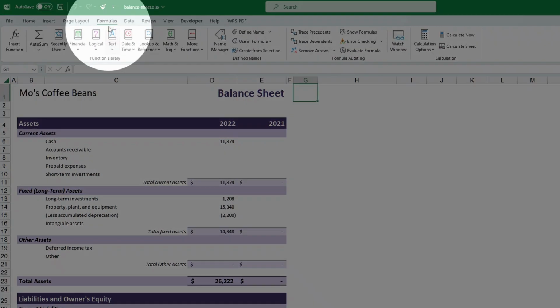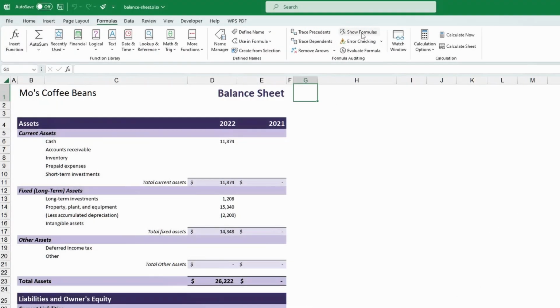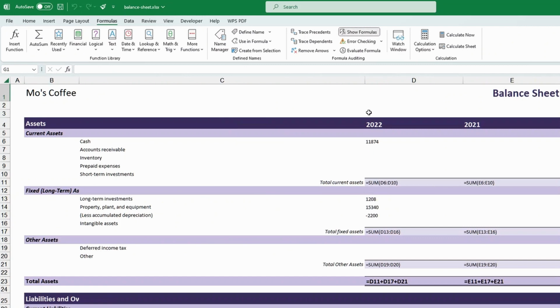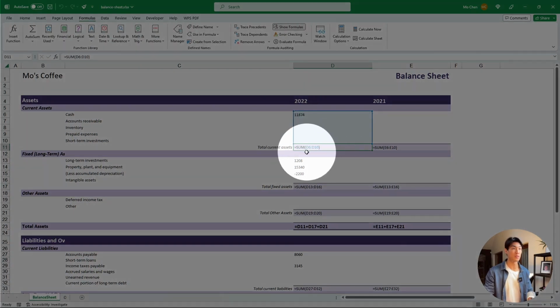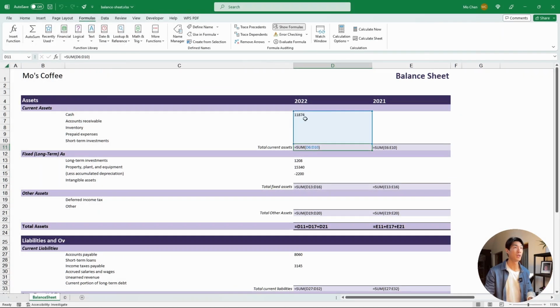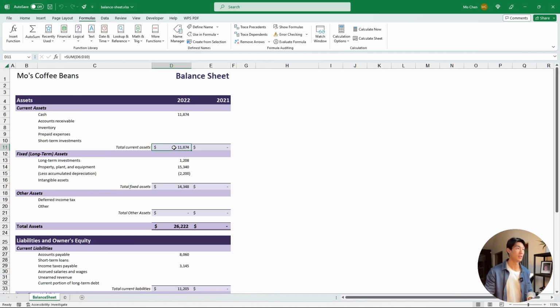If you go to the top here into the Formulas tab, we have the Show Formulas button to click on. So I'm just going to click on that. And then you can see that all of a sudden the formulas appeared. If a cell has a formula, instead of displaying the actual value itself, it'll be displaying the formula itself. So we can see here that this is displaying D6 to D10 in D11 here. But if I go back to Show Formulas and I untick it, then you see that in cell D11, now we have